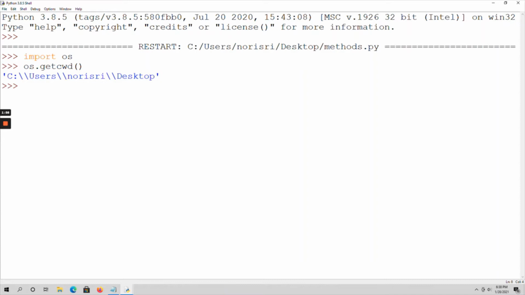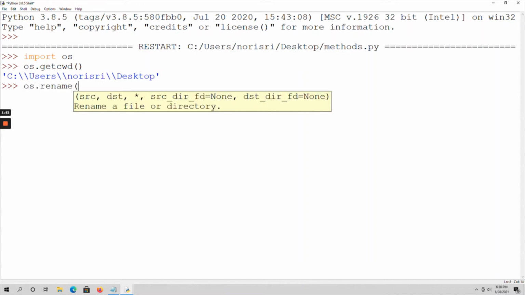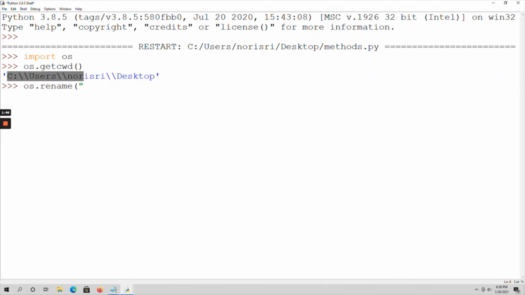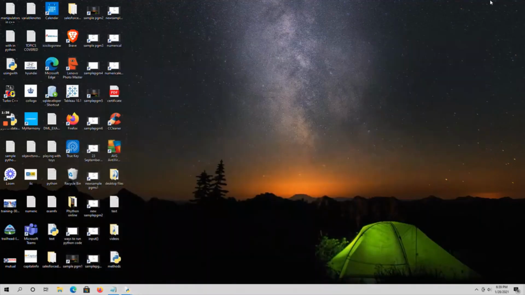So see here, os.rename of, specify this path. This is my path, just copy it and paste here. And what is the file name? See, text.